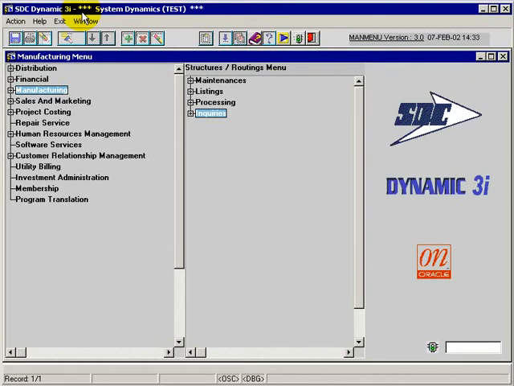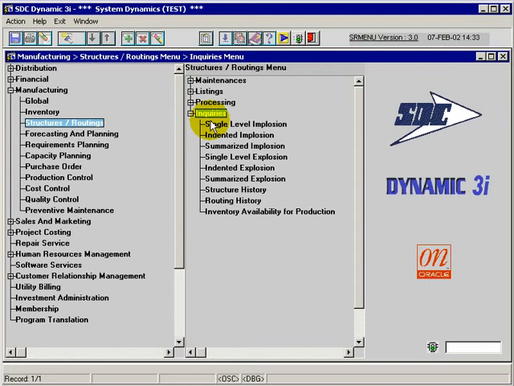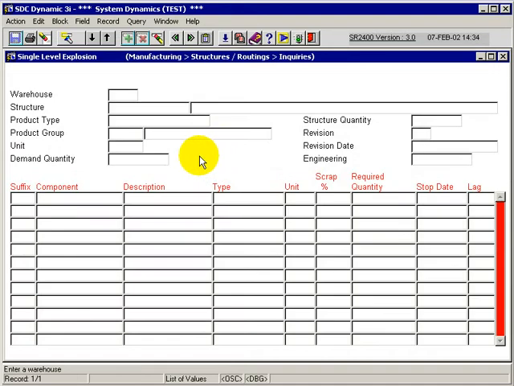Within this session we're going to cover the single level explosion inquiry under the manufacturing environment. Within manufacturing and within structures and routings we have a series of inquiries, and the single level explosion is an application that allows me to look at all the components for a given finished good and the requirements of those components. It's similar in the sense of actually looking at the structure